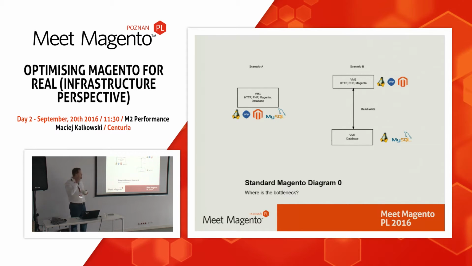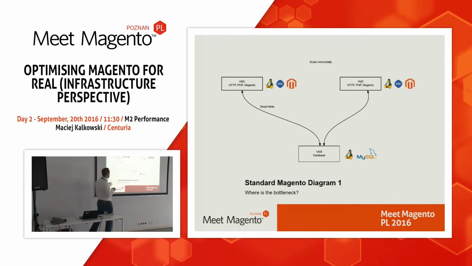We can see a scenario B in which there are 2 different parts of the Magento. It's the HTTP web server part with Magento app, and we have MySQL on the back end. So this will be easier to scale in a moment. So how do we scale in a standard cloud way? We want to have a cloud approach. So we add a second Magento app with web server, and we have 2 front servers providing content for our customers, and we're happy with this.